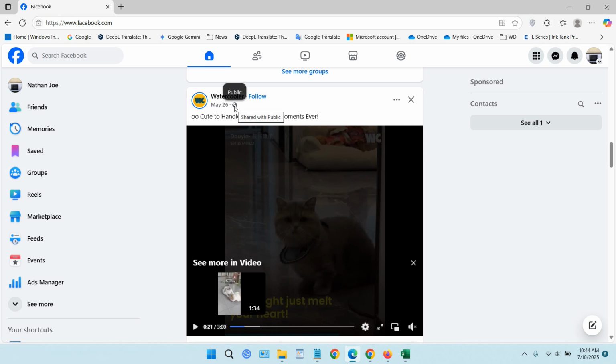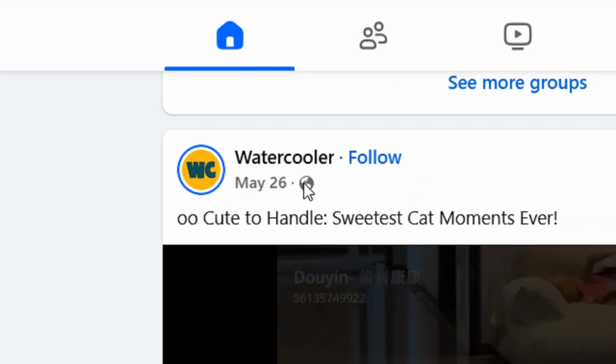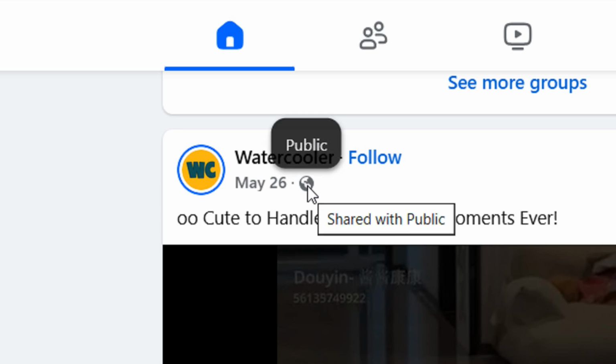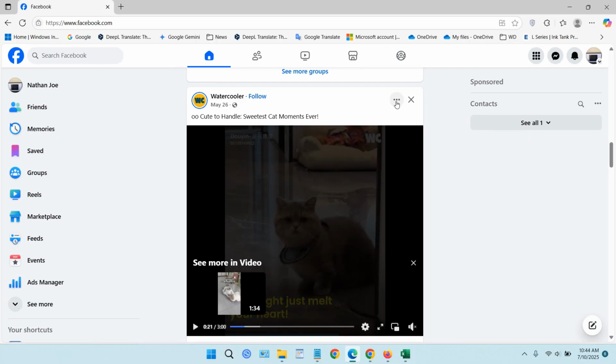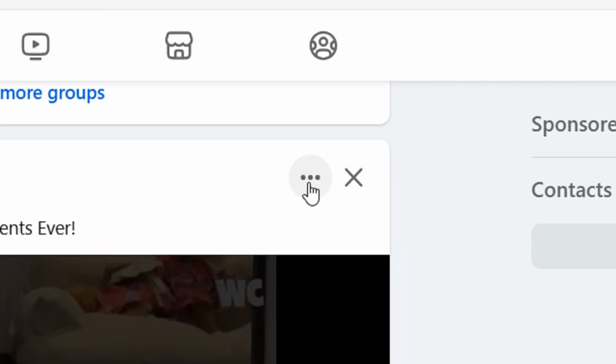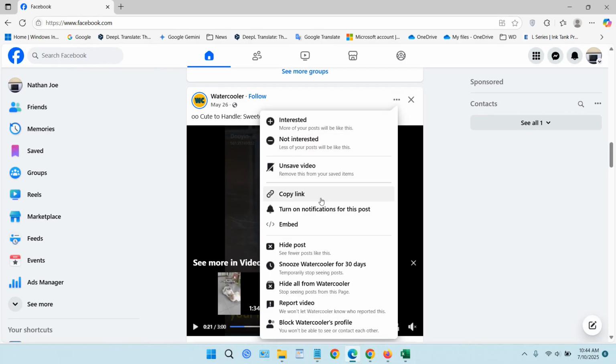How can you see whether it is public or not? You can see there is a globe button here. Okay? If you hover in here, it can be used to see whether the video is public or not. After you make sure the video is public, you can click these three dot button icons and select